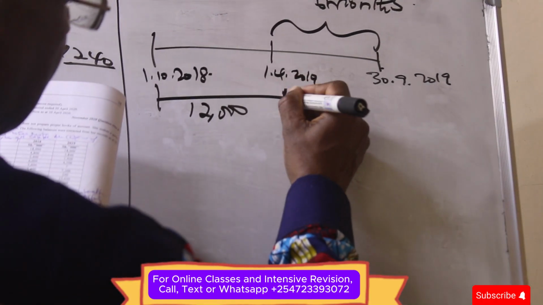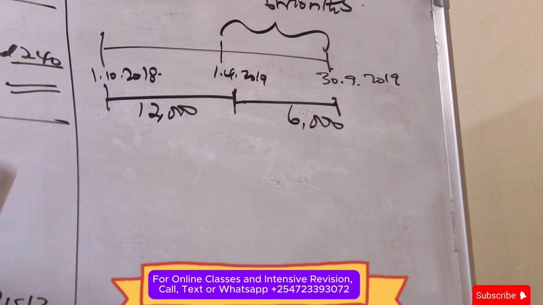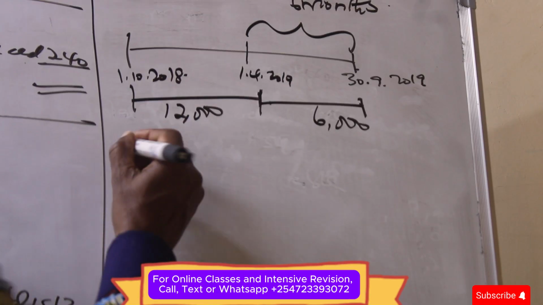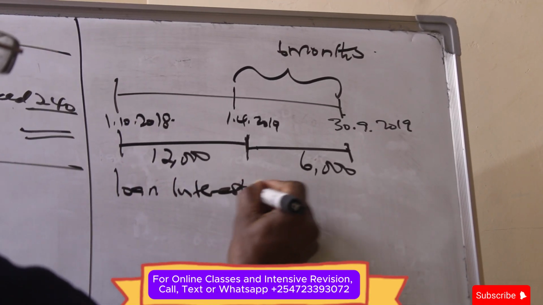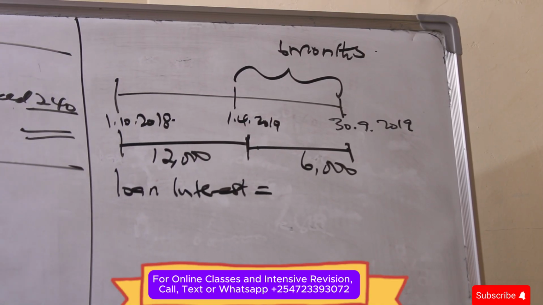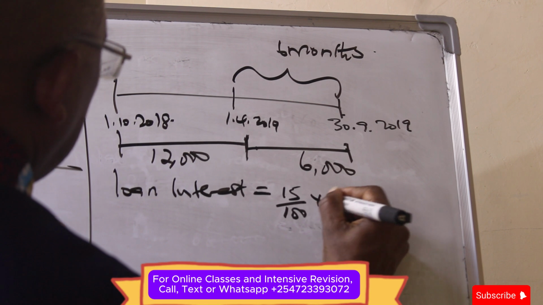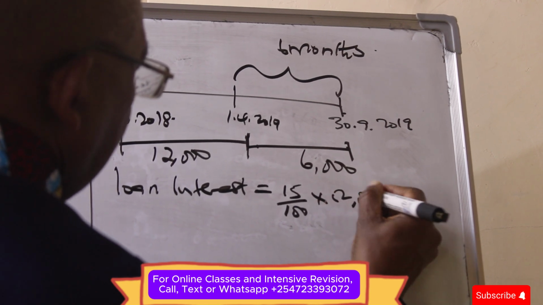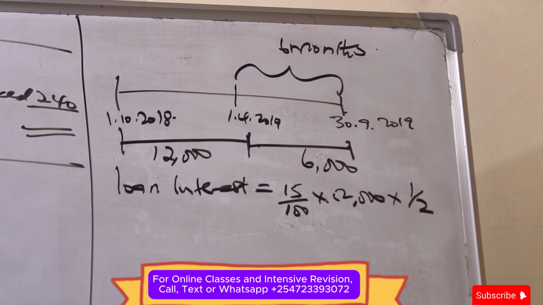And therefore from here to here, the loan that is earning interest is 6,000. The interest rate is 15%. 15% times 12,000 for the first 6 months, times half of the year, plus